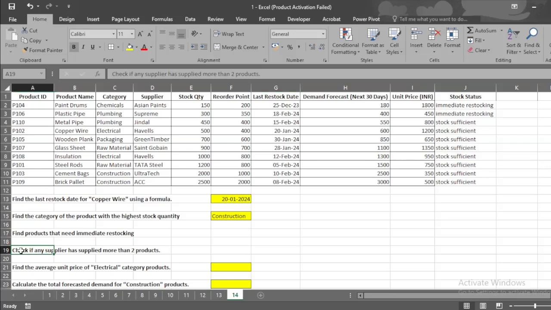For this question, we have to check if any supplier has supplied more than two products. So we have to use a conditional statement for solving this question. But before applying a conditional statement, we have to count the values.